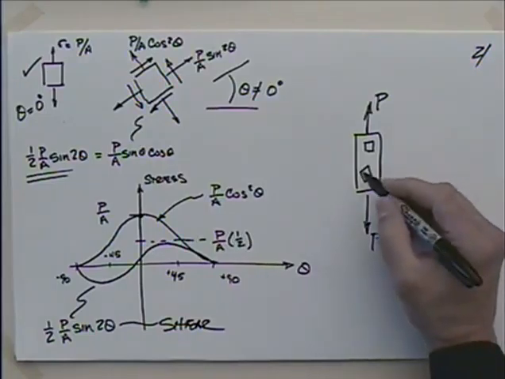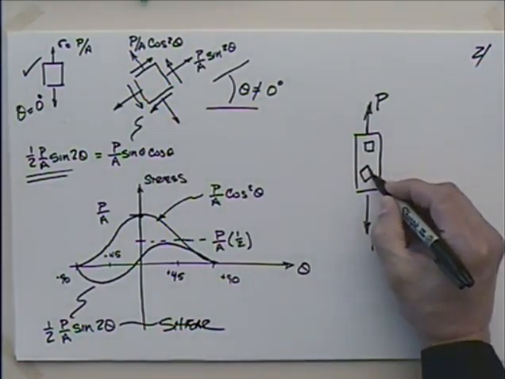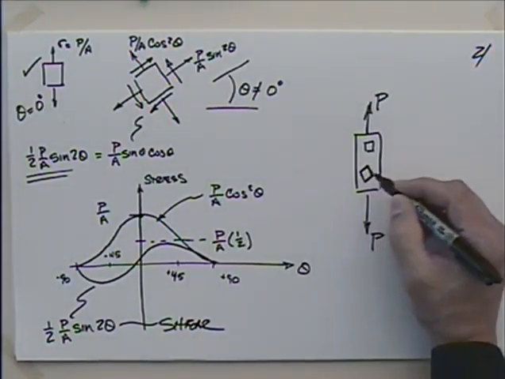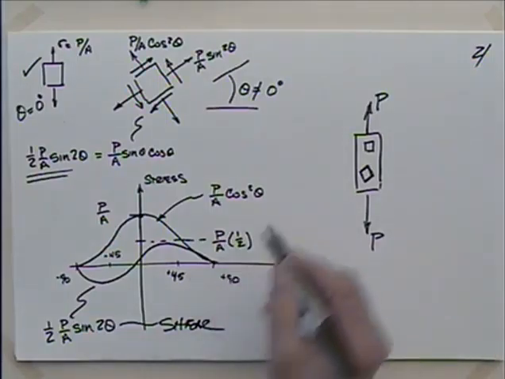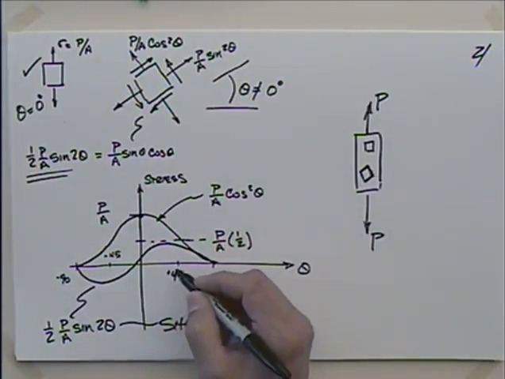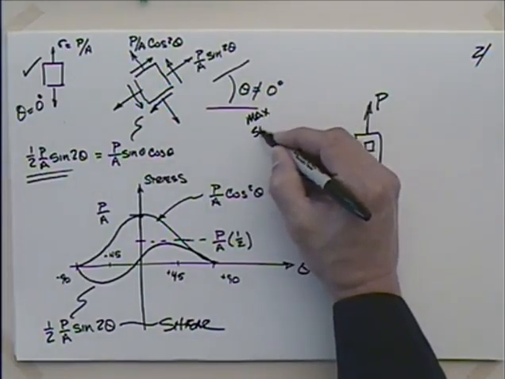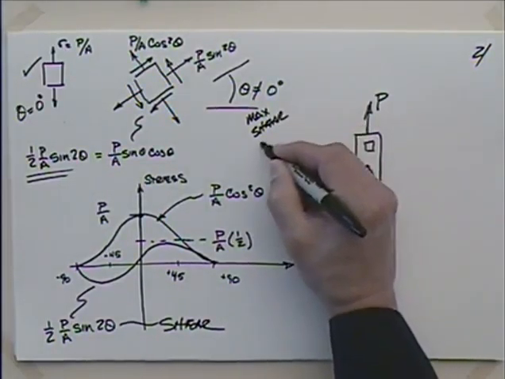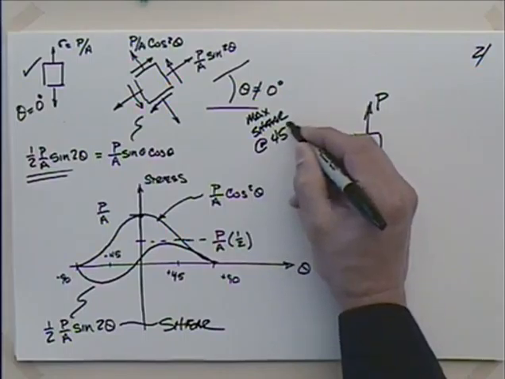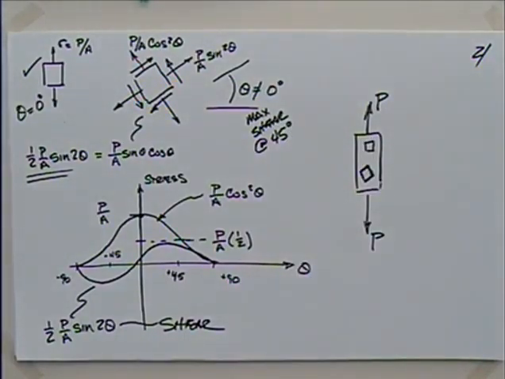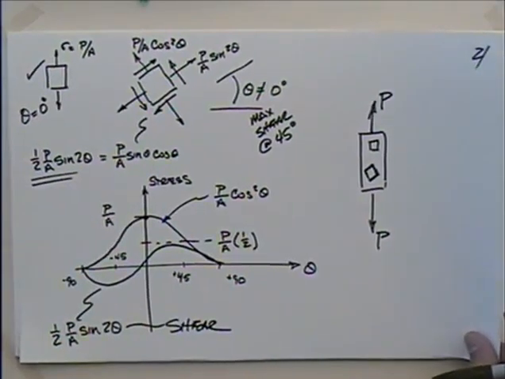Okay, so if you rotate this element, you will start to have shear. And in fact, if you rotate this element to 45 degrees, you'll get a maximum. We could say maximum shear at 45 degrees. Which brings us to an important point, a lot of times if you look at how things will fail,